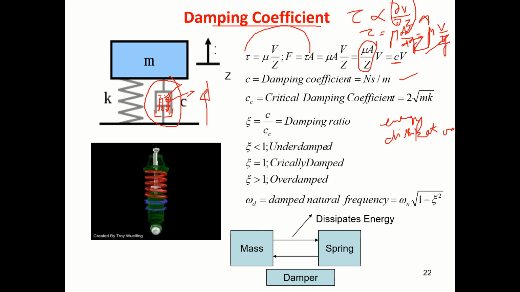Now, shear area. In the piston you have a number of holes like this. If d is the diameter of the hole and l is the height of the hole, then pi d l is the area of the hole, the shear area of the hole when the oil passes through.